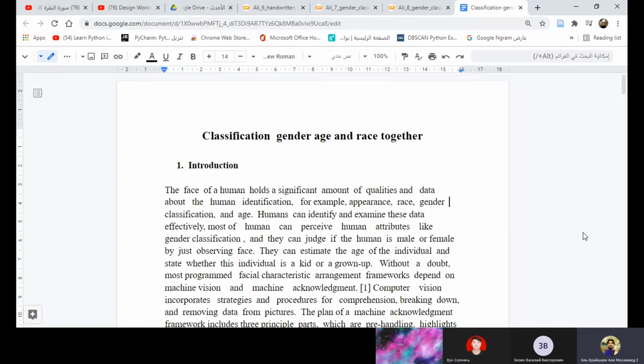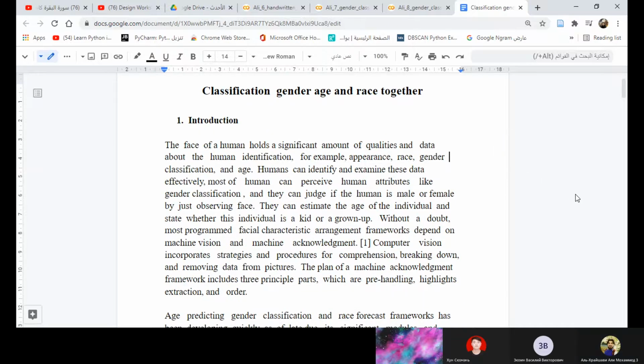Classification of gender, age, and race together. Introduction. The face of a human holds a significant amount of qualities and data about human identification, for example appearance, race, gender classification, and age.